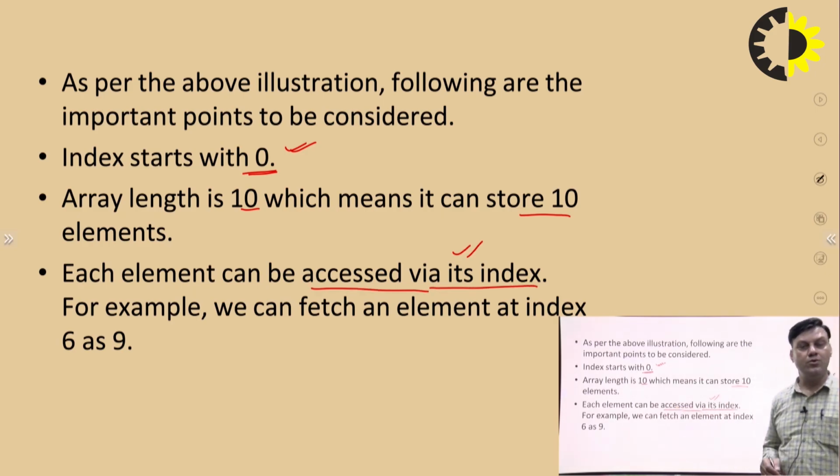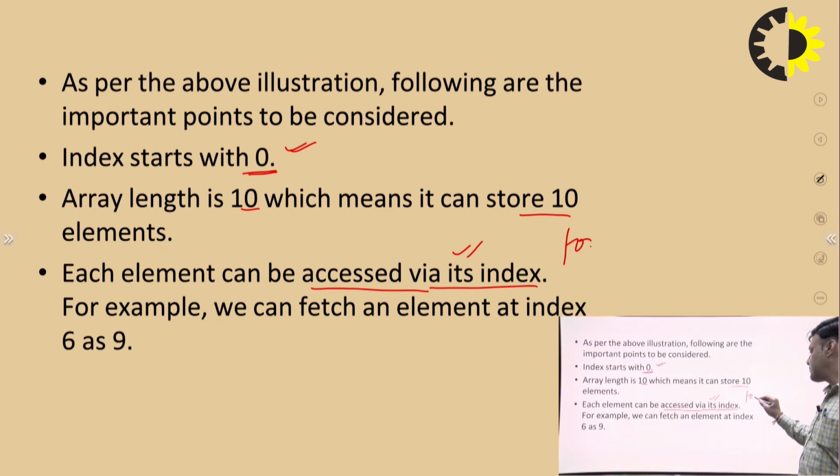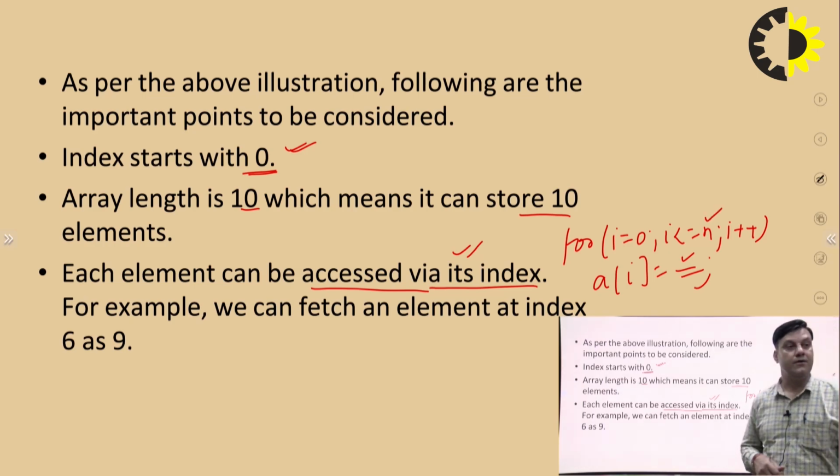Okay. So you have already heard about how we are going to insert or delete the elements. So you use the simple concept of a for loop from i equal to 0, i less than or equal to n, i plus plus. So what you will do is a[i] equal to, you are inserting the element here. Okay, like this. If you want to print the number of elements, how many elements are there, we will just give here the size n.